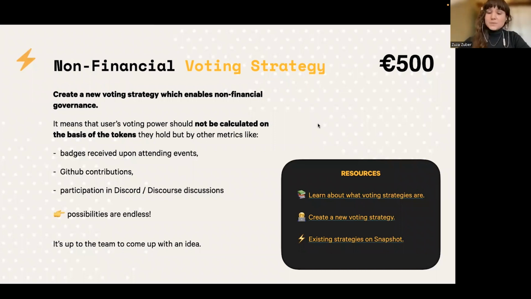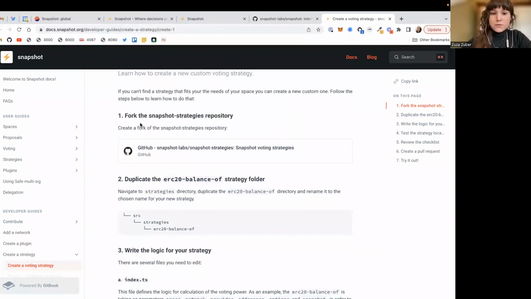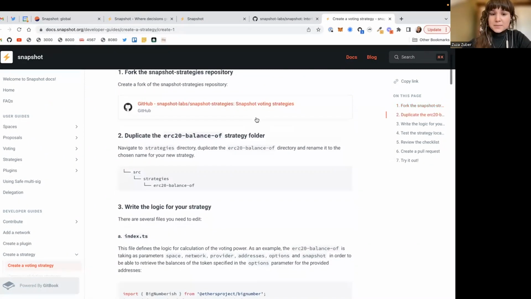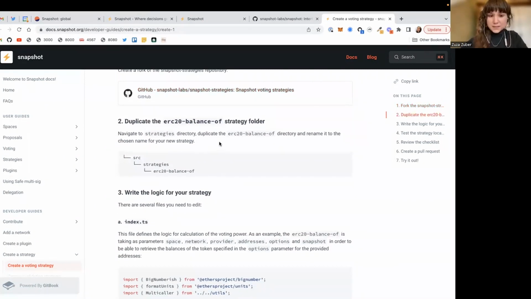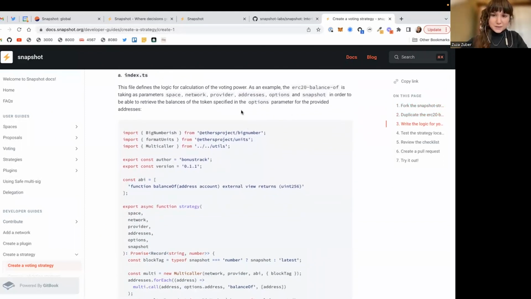And when it comes to the resources, what I provided here and what you should also see on the bounty description on the platform is a link to our documentation, which tells you what the voting strategies are. And here is the link to the docs that tell you how to create a new voting strategy. And basically, if you follow all the steps, so forking the snapshot strategies repo on GitHub, duplicating one of the existing strategies,